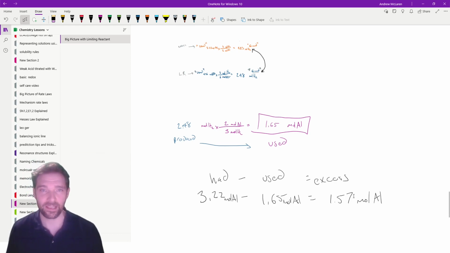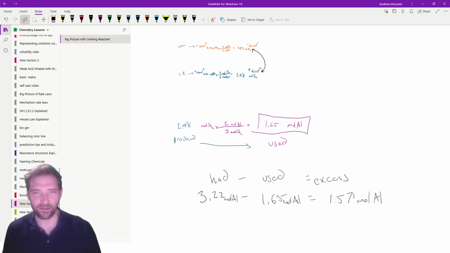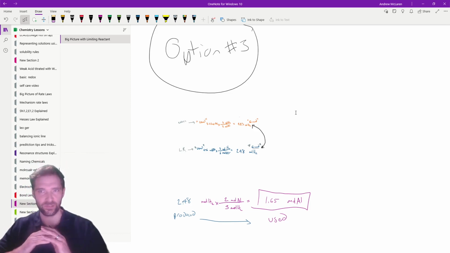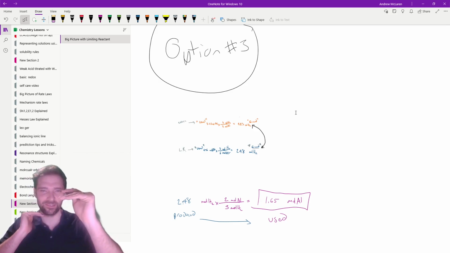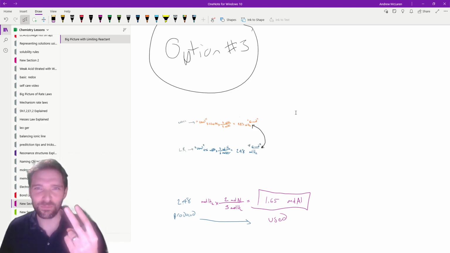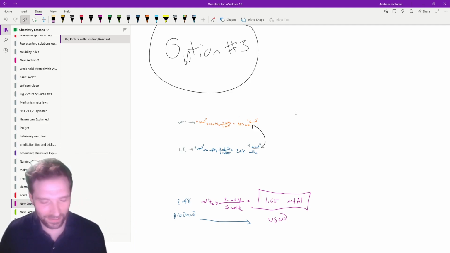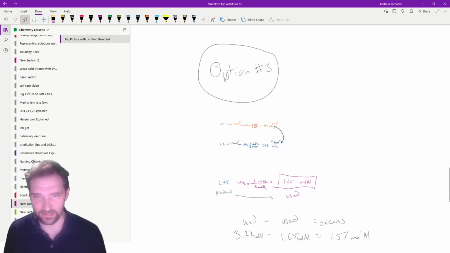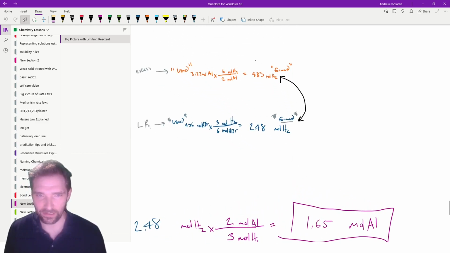So you can solve this at least 3 ways. There's probably others. But as you can see, they all involve some sort of conversion going from one chemical to a different chemical. And then they also involve some sort of change where there's an initial, final, and some sort of change. So those 2 processes will appear no matter what options you're looking at. But if you have a roadmap and some color coding, it can really help you out in terms of knowing what you're looking at. I do have a whole separate video where I explain this a little bit more in depth, and I go over how I